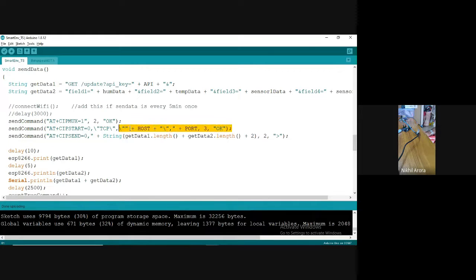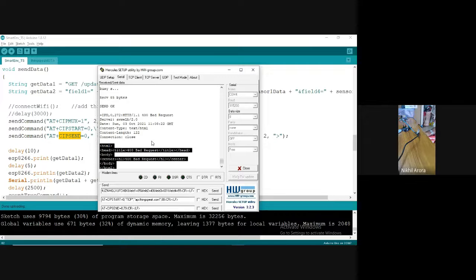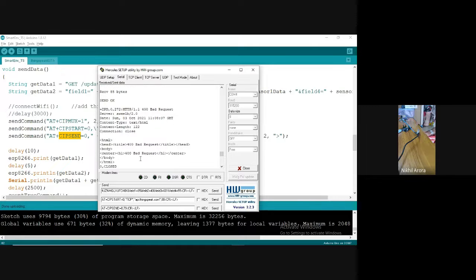Okay, now once you calculate number of bytes, that many bytes you call the CIPSEND command, send data command, this one. Okay, see this is a reply coming from the module. I can see this is a reply coming from the module. So whatever they are sending, I can see parallelly also here what is happening.